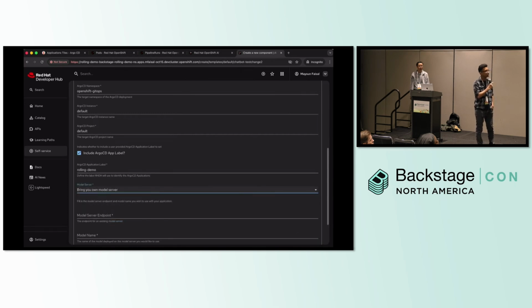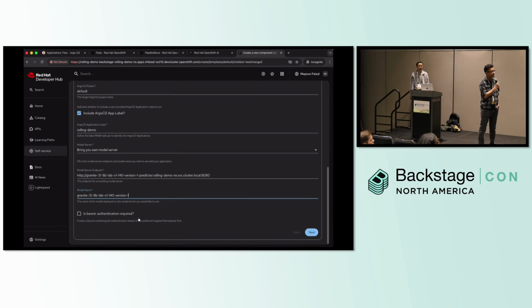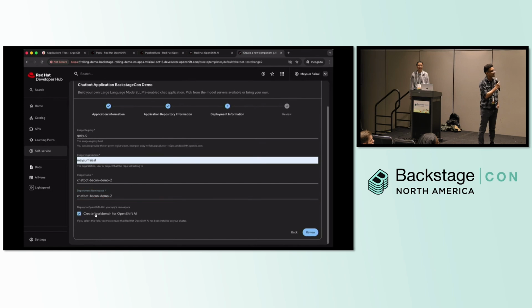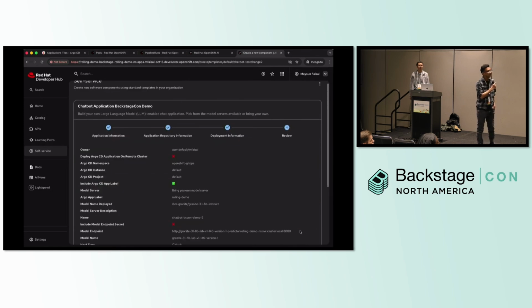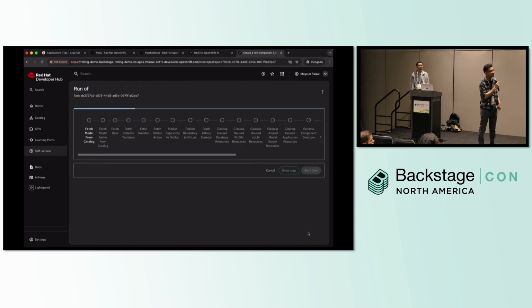So in the second strategy, I'm going to bring the model server deployed externally, and I'm going to specify an endpoint URL where it's deployed. So this is the URL that's deployed externally. And I'm also going to specify the model name that's deployed on that endpoint. I have the option to authenticate the endpoint if I need security. Here, I'm going to create a workbench for OpenShift AI. This is the exact same process as the previous one, so I'm not going to bore you with all the